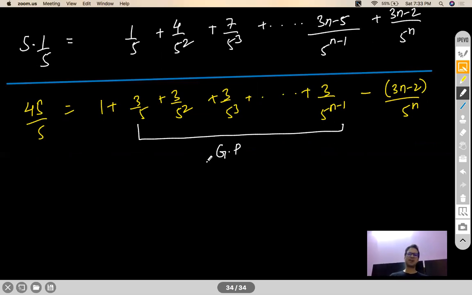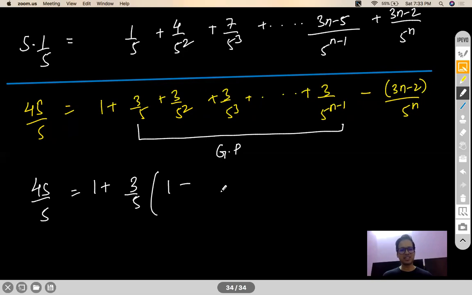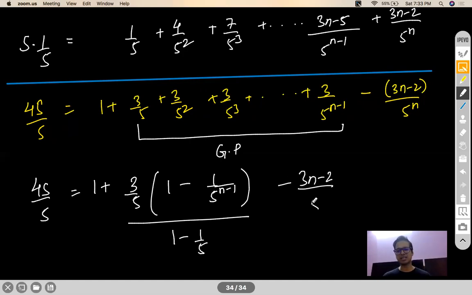Now I'm sure anybody can recognize that starting from this term to this term, it's a geometric progression, isn't it? So if it is a geometric progression, we can always find out the sum. Now there are n minus 1 terms here. That is to be very, very carefully noted. So a times 1 minus common ratio to the power of total number of terms, by 1 minus 1 by 5. And this last term, you can add it like this.